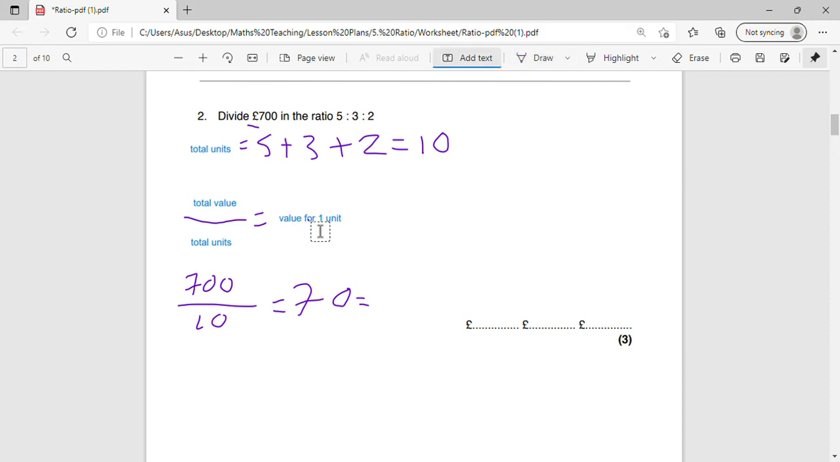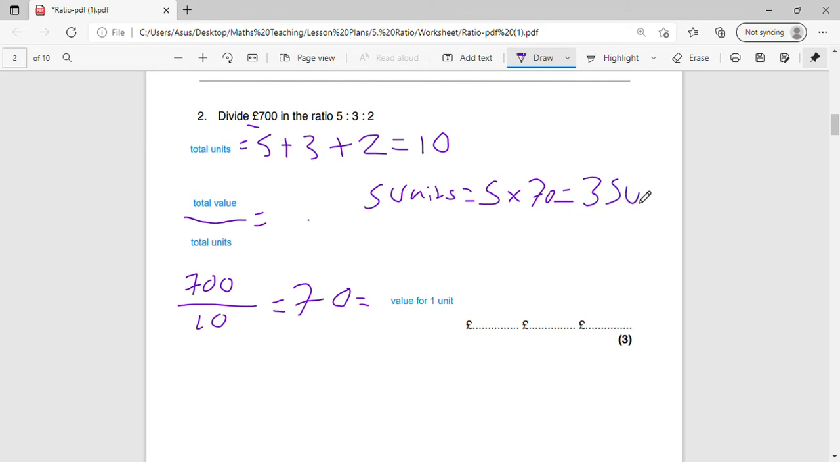Equals the value for 1 unit. Okay, so now let's have a look. If we know that 1 unit is 70, what is 5 units going to be? So 5 units is going to be 5 times the value of 1 unit. It's going to be 5 times 70. 5 times 70 is